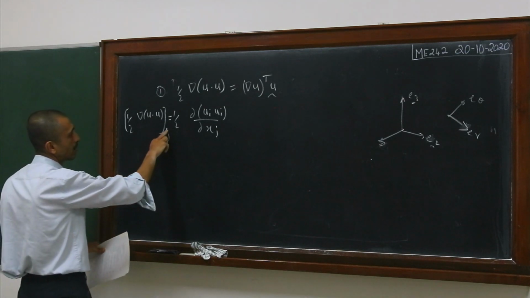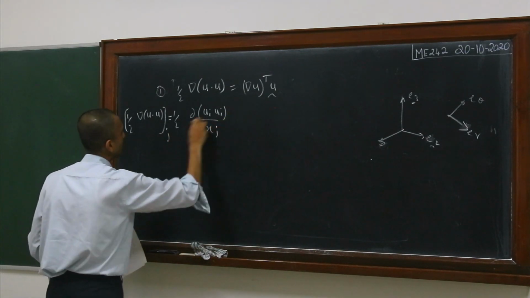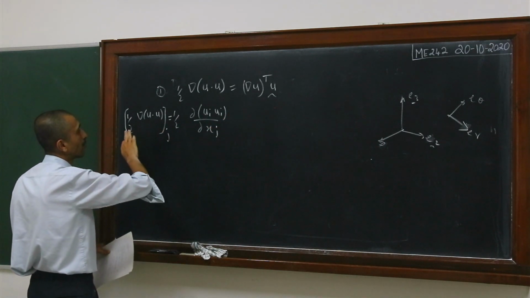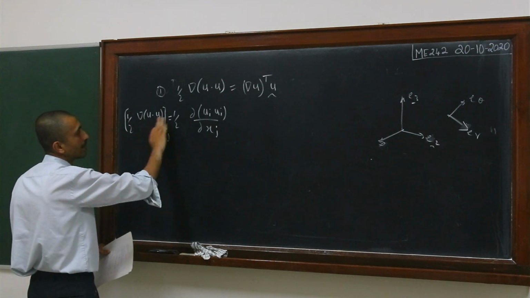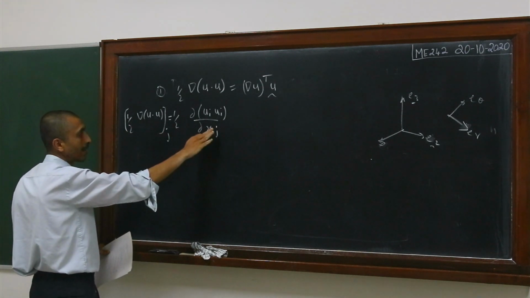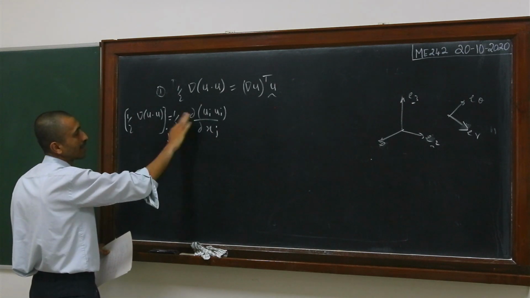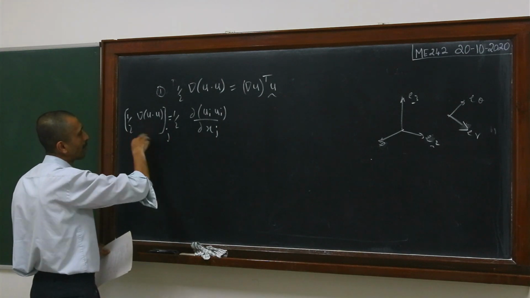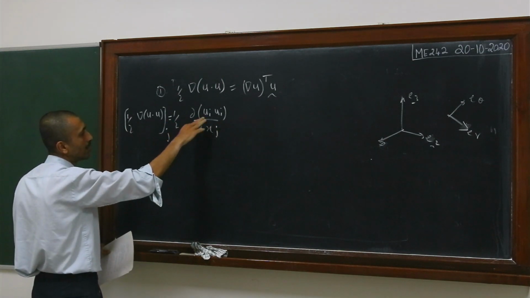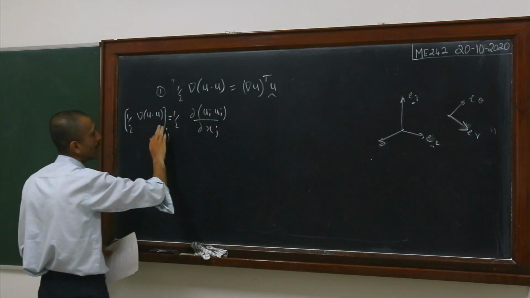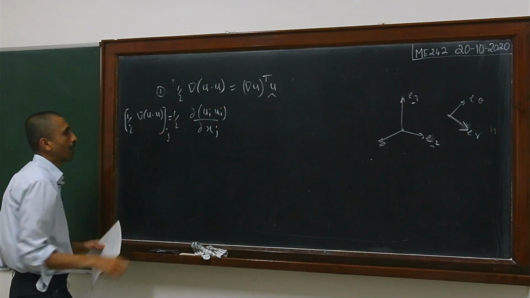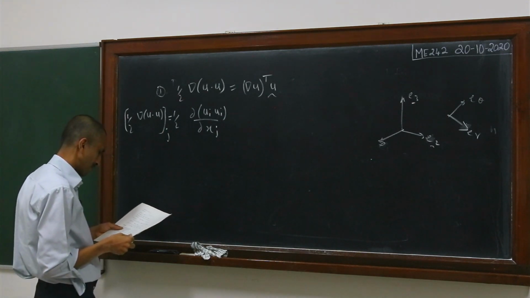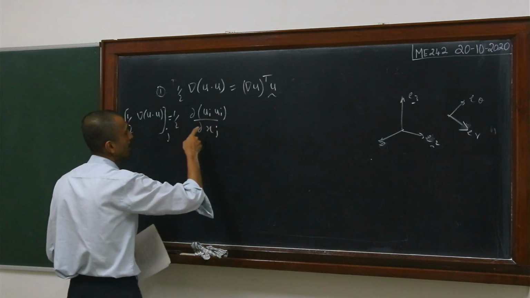Either you write it in this way, or you can exclude this j and then put an ej here. But one thing you have to be careful about is that if you start with a scalar on the left hand side, then you should have a scalar on the right hand side. If you start with a vector on the left hand side, you should have a vector on the right side. So don't mix: because you are using indicial notation, don't drop the ej if you are dropping this j and so on. So be consistent between the left hand side and the right hand side as far as their properties are concerned here. Now just use the product rule of differentiation.